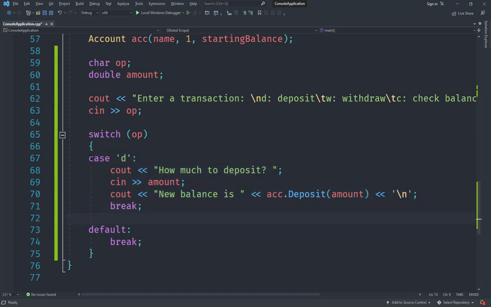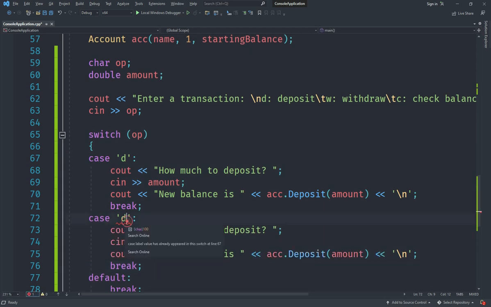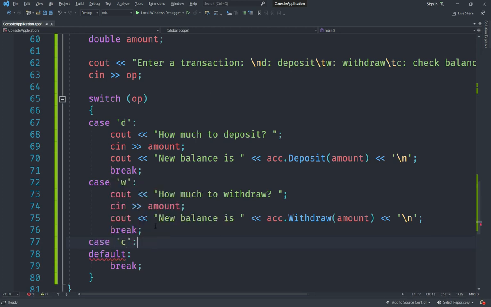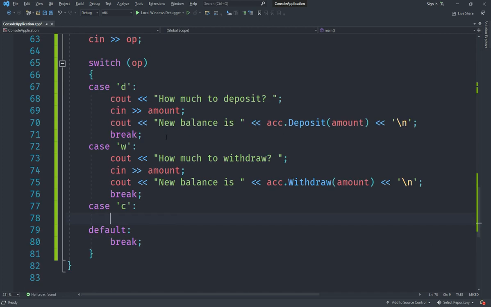So I'm going to copy this and paste, and then I'm going to change this to W, because you cannot have two cases of the same type. And then we are going to say how much to withdraw, and we are going to say withdraw here, like that. And if it asks to check the balance, we are going to add another case here for C, which will be for checking the balance. And we are going to say, just say C out balance